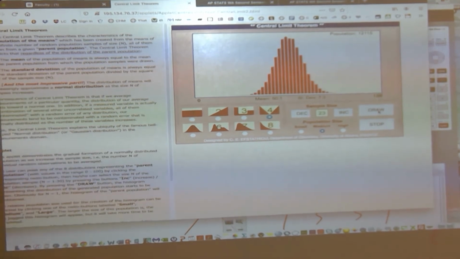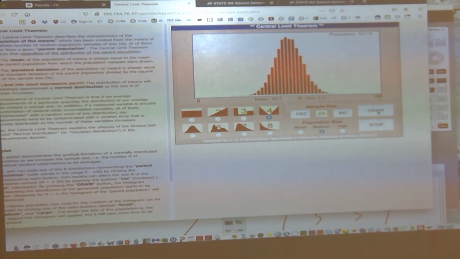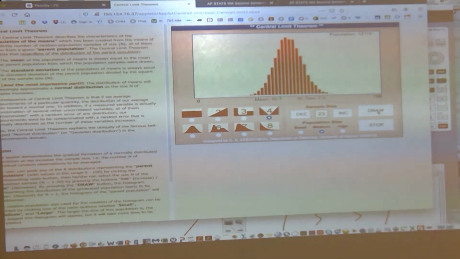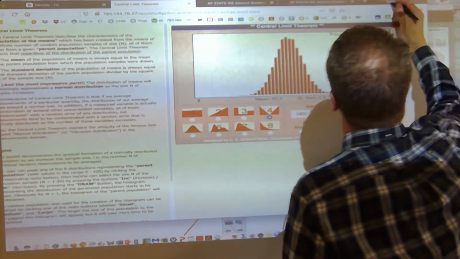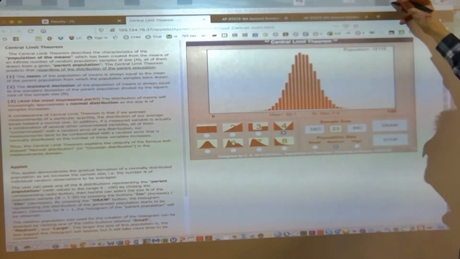Yeah, the standard deviation of the sampling distribution of sample means, sigma sub x bar, is the true sigma over the square root of n. As n increases, notice n is located in the denominator. As n increases, what's happening to the value of the fraction overall? It's decreasing, and you can see that in the applet. You have access to this applet so you can review what's going on. In fact, you can take any distribution you want.